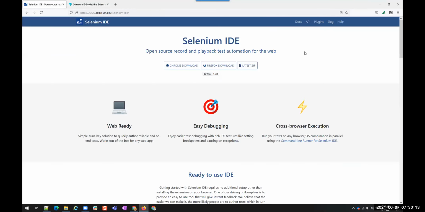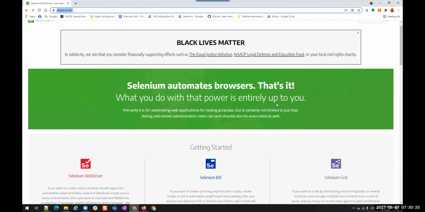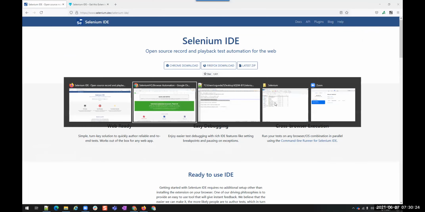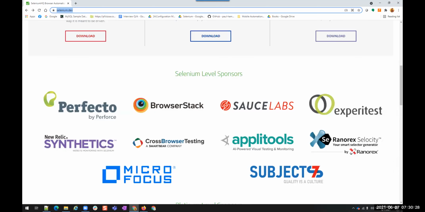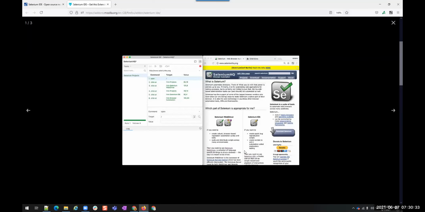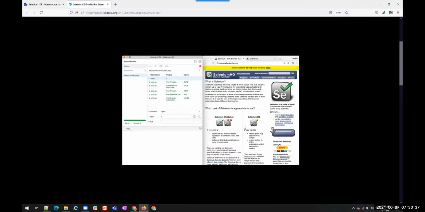But recently they have changed it to this way. This is the site now. Complete transformation from this to this. Understood? So they have completely transformed this.